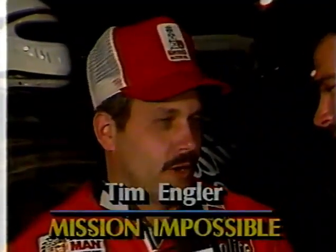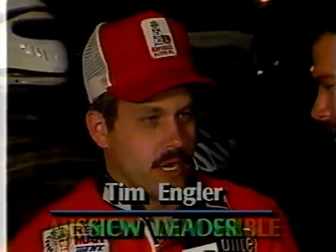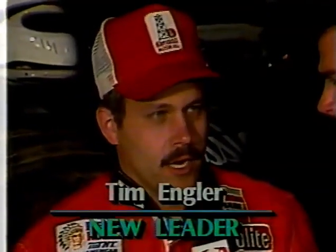It gets all the way to the top, and he just keeps on going. Tim Engler, our new leader. He's down at trackside with Mike Goss. Tim, you went way past everybody with a full pull. Well, we felt real good about it, Mike. The tractor hooked up. It took a while to work the throttle on a line to get it hooked up, but once they got it hooked up, it seemed like it really worked good, so we really feel good about